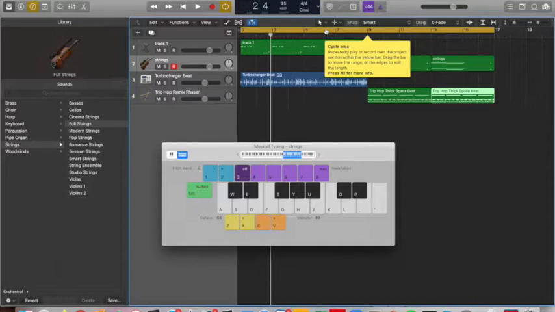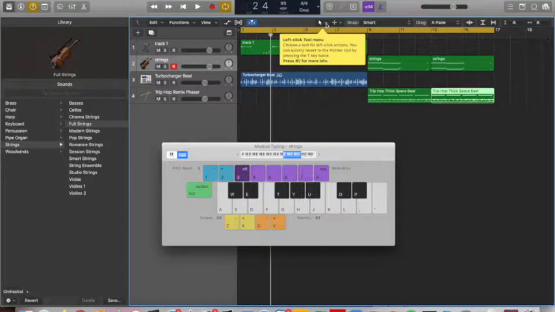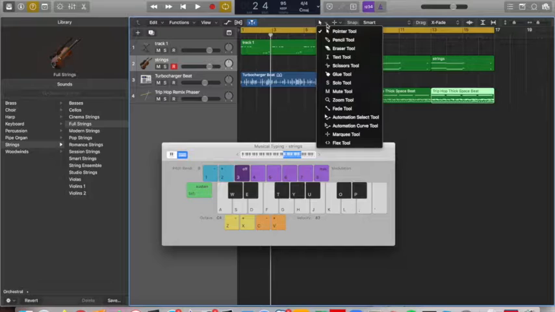Okay, so now I've shown you how to switch cycle on and off. Let's go on to how to use one of the most, or two of the most useful tools in the so-called toolbox. I'm going to click on this little arrow here. Can you see there's a pointer tool there? Yeah, just made it go big for you. And you'll see if I click on that arrow,